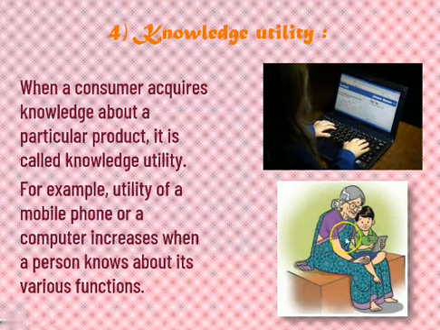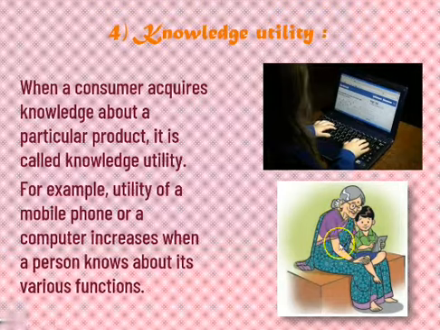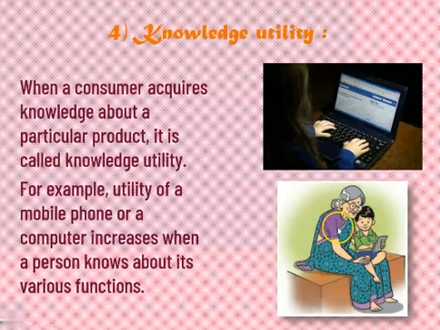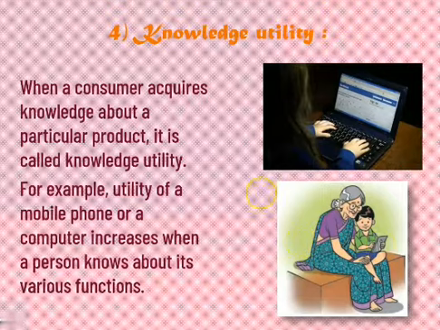Here we can see that, for example, the grandma is illiterate, but the grandson is reading from the book and making his grandmom understand what is given in the book. Therefore for grandma, this book doesn't have any utility because she doesn't know how to read it. So when the person has knowledge, only then can we say it has utility. In this picture, a book has great utility for this small boy, but the same book doesn't have any utility for the grandmom because she doesn't know how to read and write.